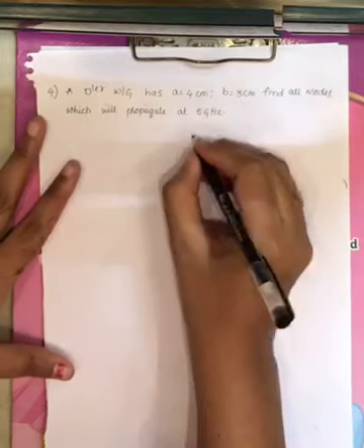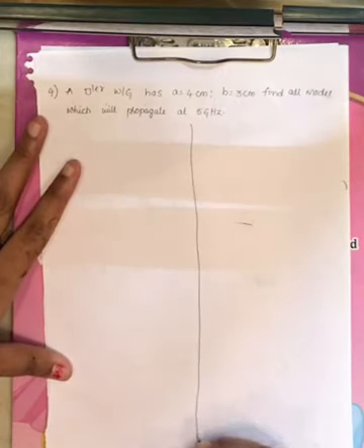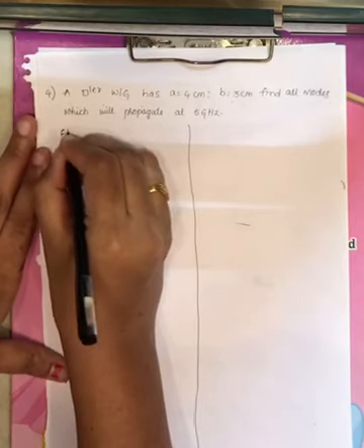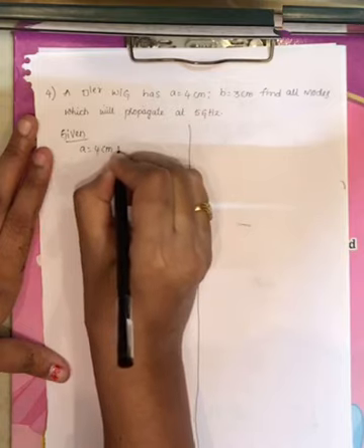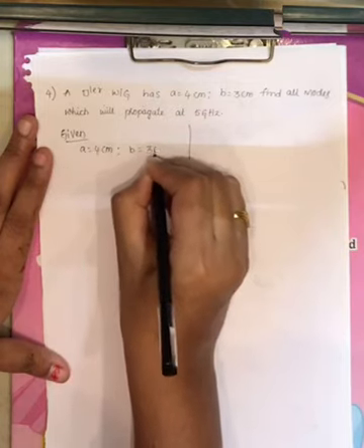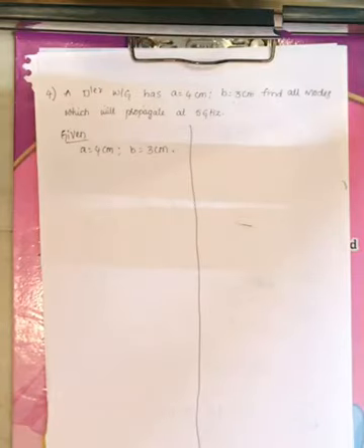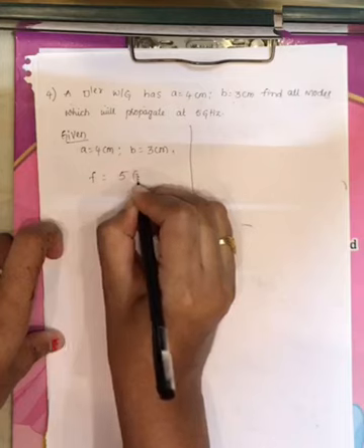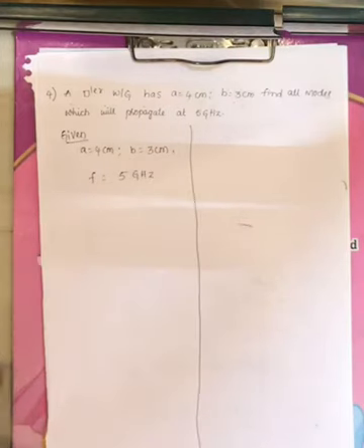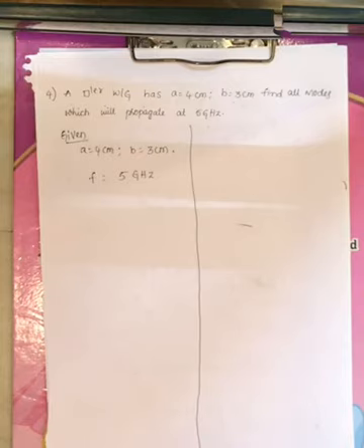Now among all the modes, we have to find out which are allowed through the waveguide for dimensions A equals to 4 centimeters and B equals to 3 centimeters at a frequency of 5 gigahertz, right? Now let us see how to find out. What is given? Dimensions are given, right? Given A equals to 4 centimeters and B equals to 3 centimeters, right? Dimensions of a waveguide are given and frequency is given, that is 5 gigahertz, right?